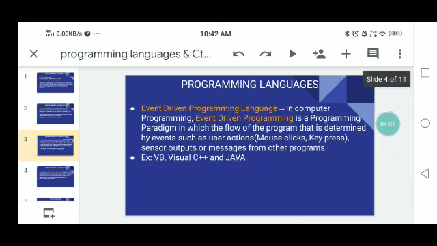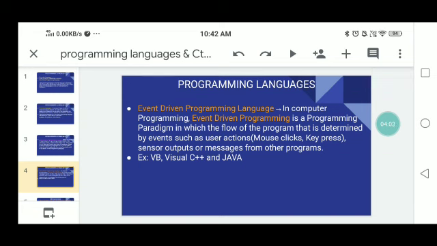So the next is the event driven programming language. Event driven programming is a programming paradigm in which the flow of the program is determined by events. Those are actions, like mouse actions and keyboard key presses.